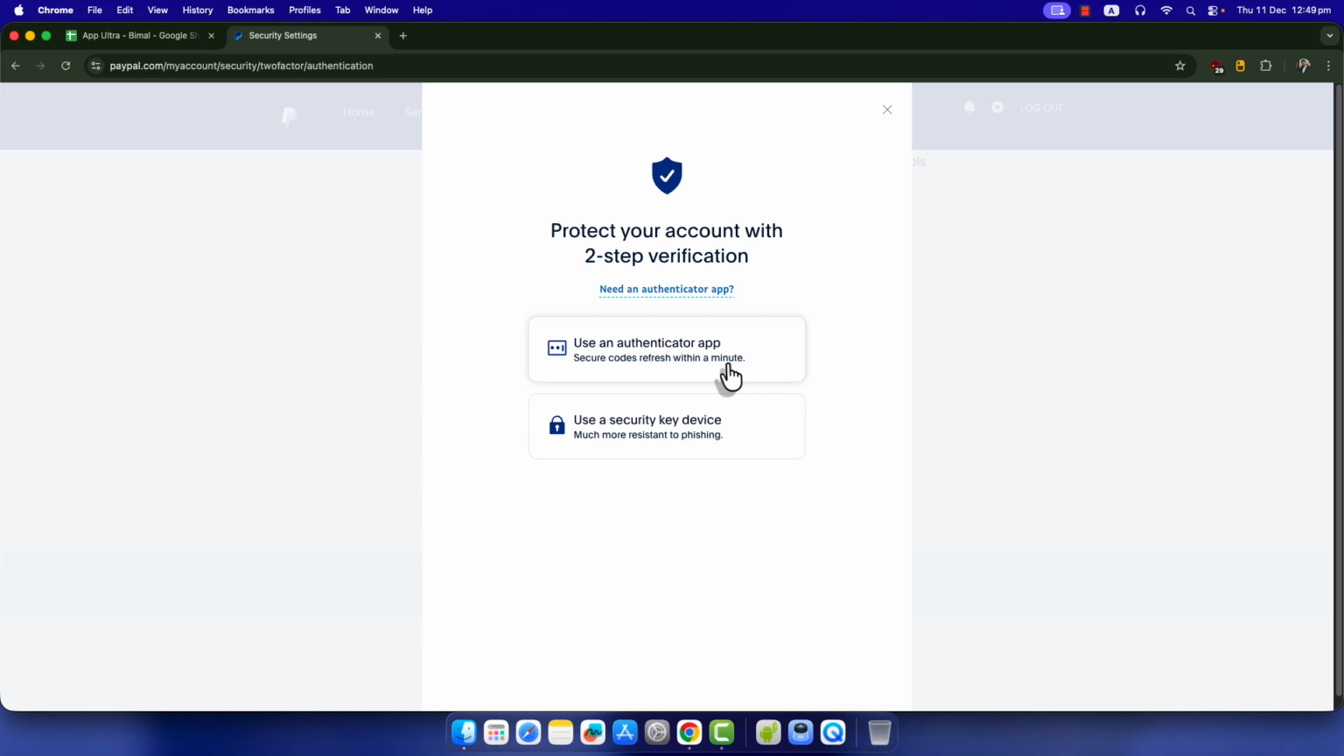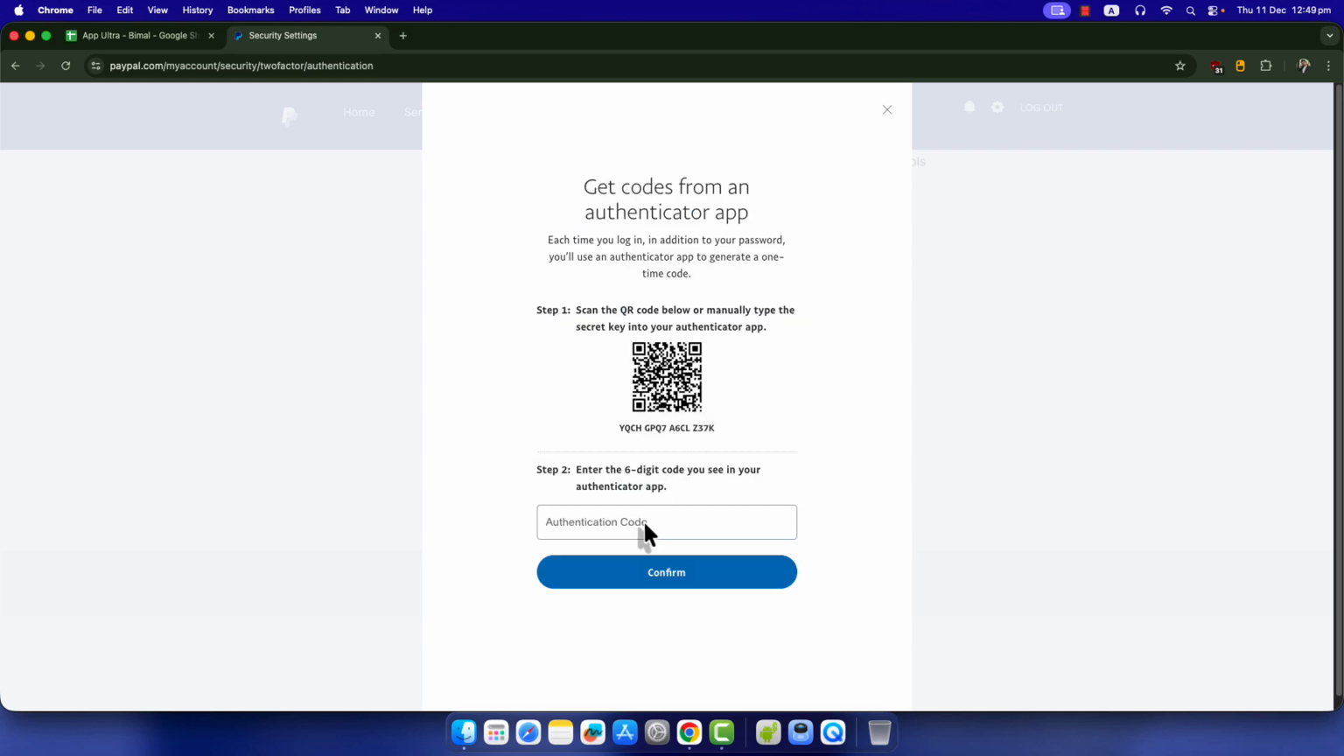There are various ways to use two-step verification. You could use an authenticator app, which is pretty common, and it will generate new codes within a minute. Or you can use a security key device, which is much more resistant to phishing. Whatever is much more comfortable for you, you can just select use an authenticator app, let's say, enter the authentication